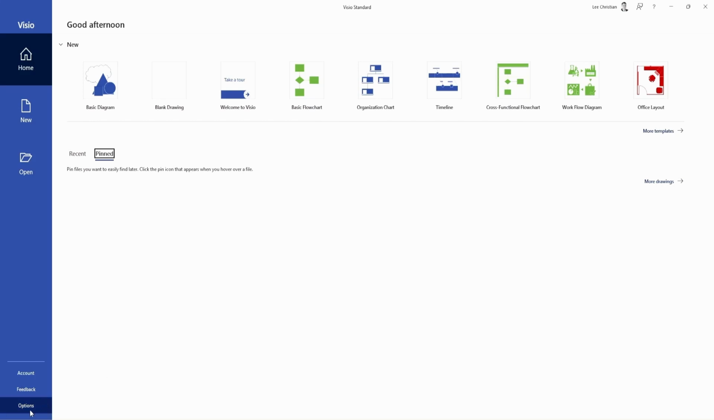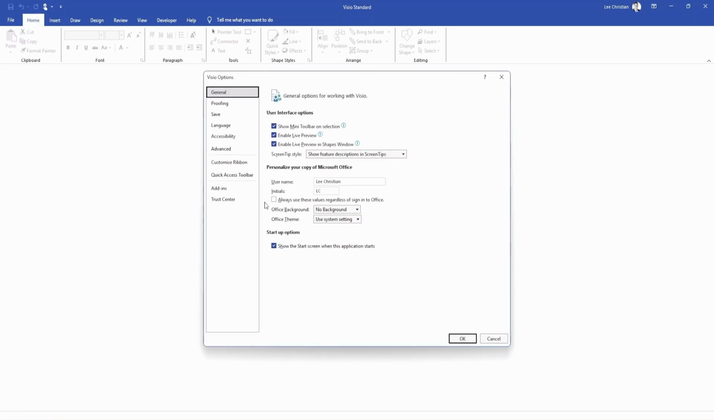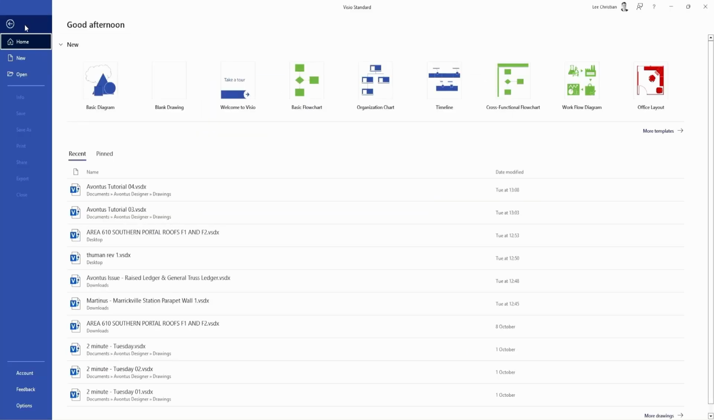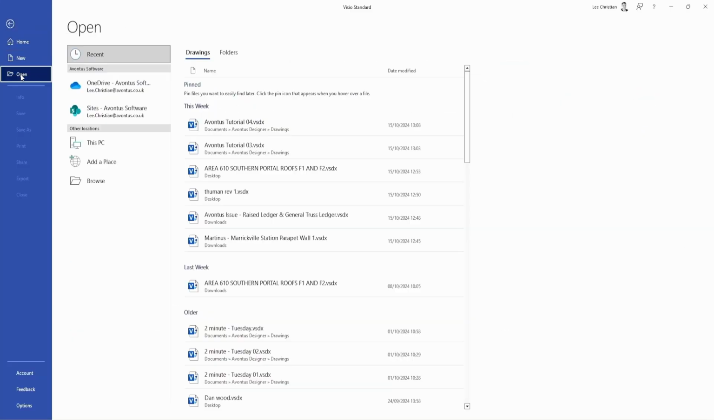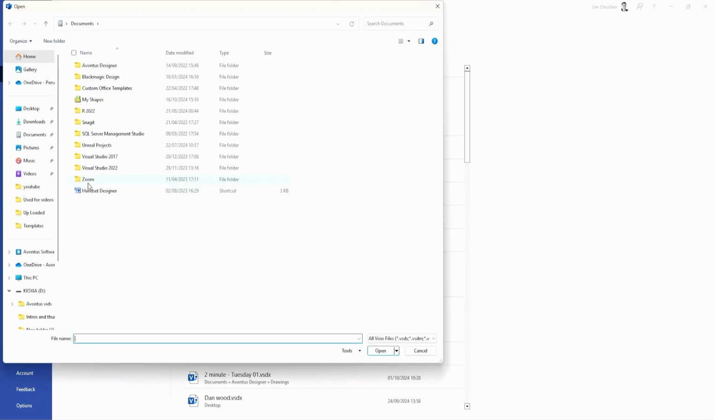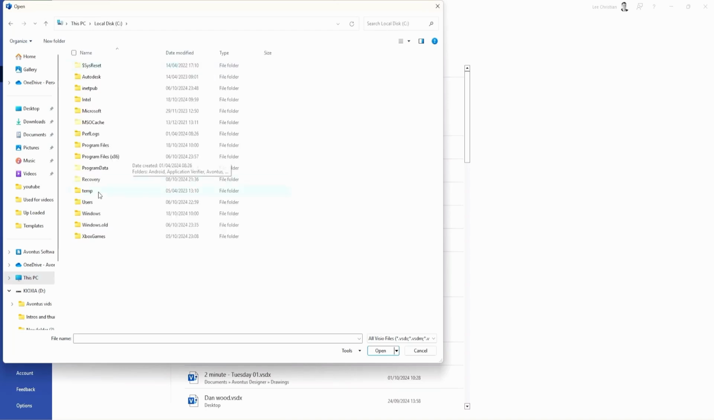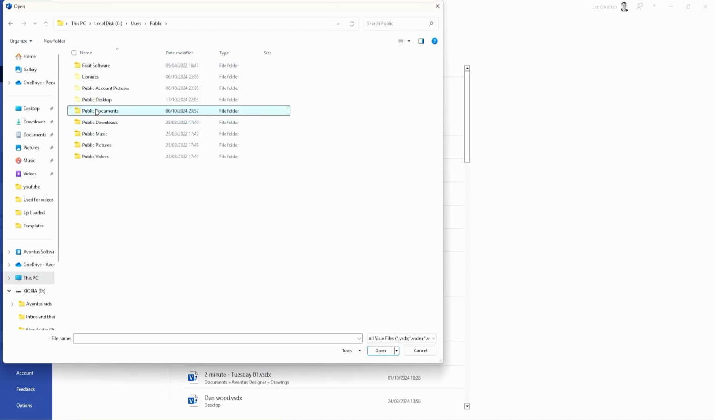So we need to go into options, and into here we need to go to custom ribbons and then check off the developer. Okay, so once that's ticked off, click OK. So we go back to the home page, click on open, and then we're going to browse this PC. We're going to go to this PC, and then we're going to go to C drive, into users, public documents,